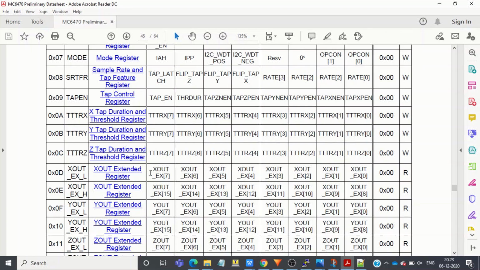Each of these registers is 8 bits long. So a total of 16 bits of memory is used to store acceleration data in x-axis. Note that this accelerometer can measure acceleration in both positive and negative directions. So this is a signed value represented in 2's complement form. But not all 16 bits are used to store acceleration data. Basically, we can choose the number of bits in which we store the acceleration data.